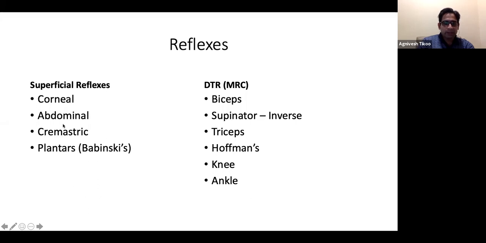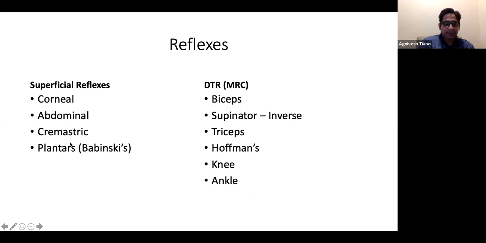So abdominal reflexes you can check, especially when you are marking the level of a thoracic paraplegia. If somebody has, say, a D9 or a D10 paraplegia, and you check the abdominal reflexes and then do a sensory examination, you may find that below the umbilicus, which corresponds to the D10 level, there is no sensation, or the reflexes are also absent. So that is when you get a level from abdominal reflexes. And you have to understand that in myelopathy, superficial reflexes disappear and deep tendon reflexes become exaggerated. So abdominals below that may be gone.